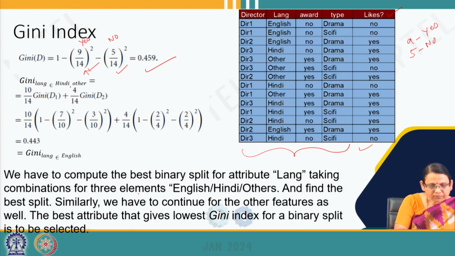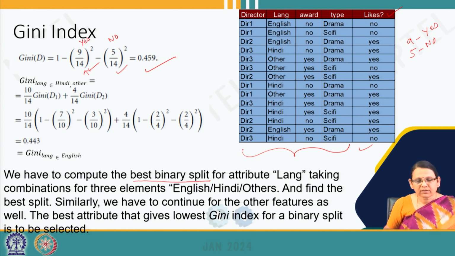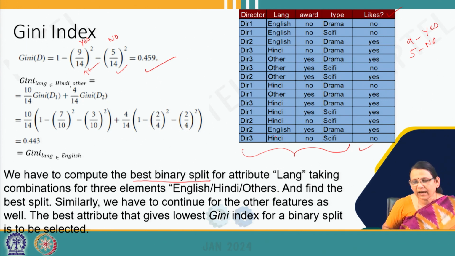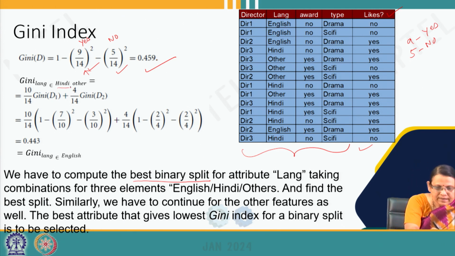As I have told you, with this Gini index we will be making the binary split and finding the best binary split. If we are considering the attribute called language, it has 3 different levels: English, Hindi and other. Now, if we make the split making Hindi and other together and English separately,